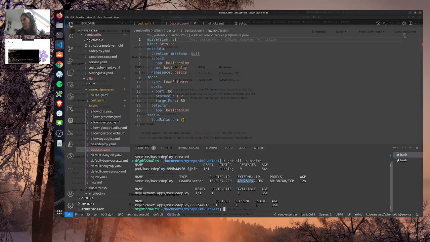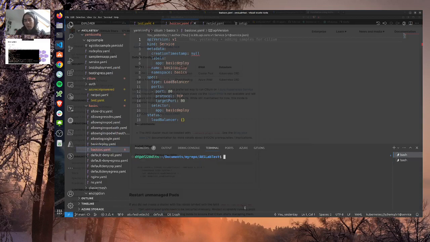Perfect. So I can probably curl it. It's not working yet because I made a mistake.